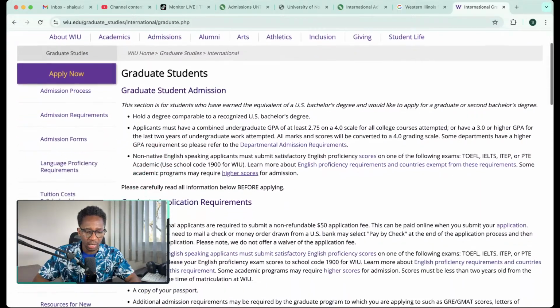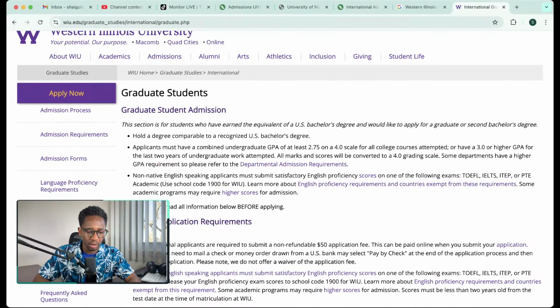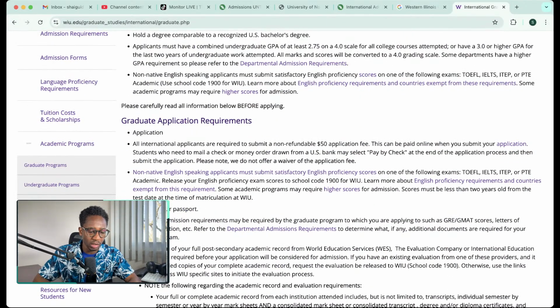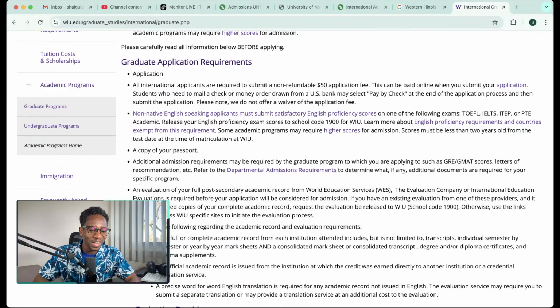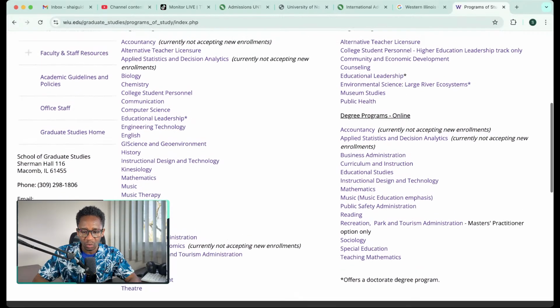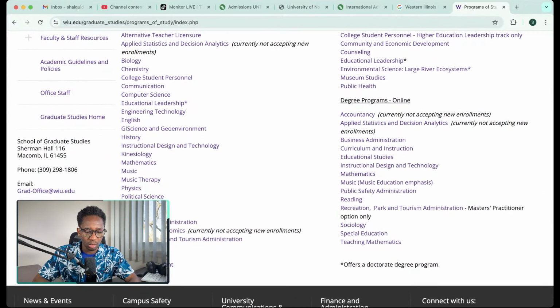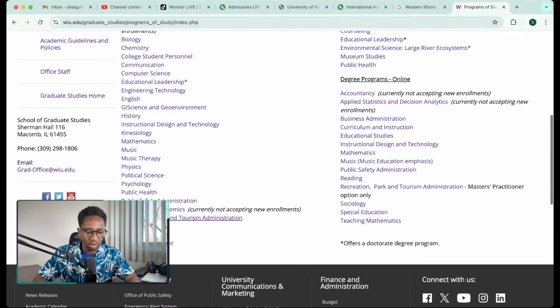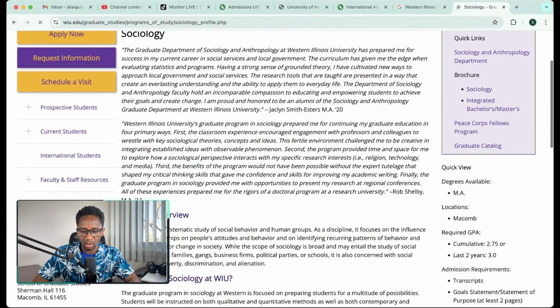And Western Illinois University, I can tell you, they have assistantships. When you check their programs, they have a lot of assistantships. But as I always tell you, it always depends on your application, how strong your application is. So that is what will determine it. When we check sociology,